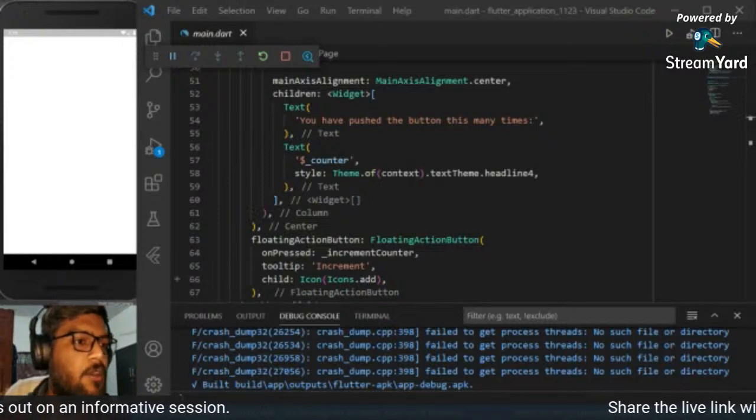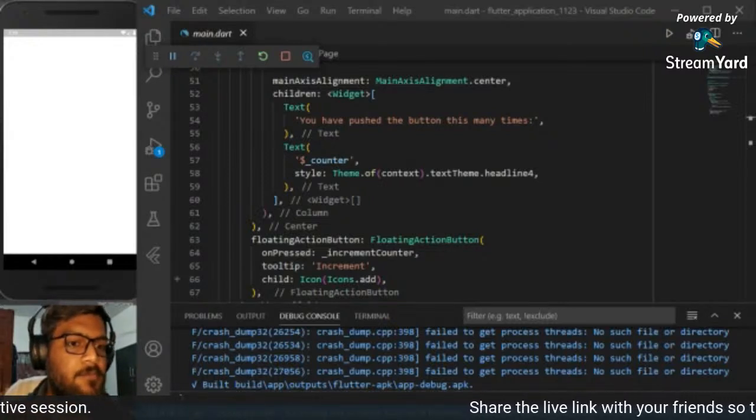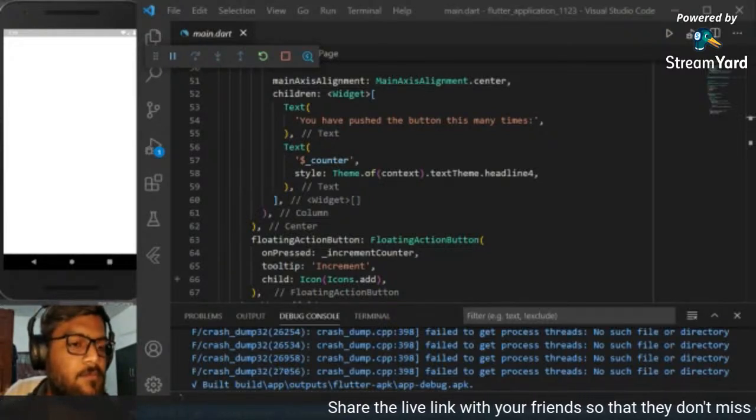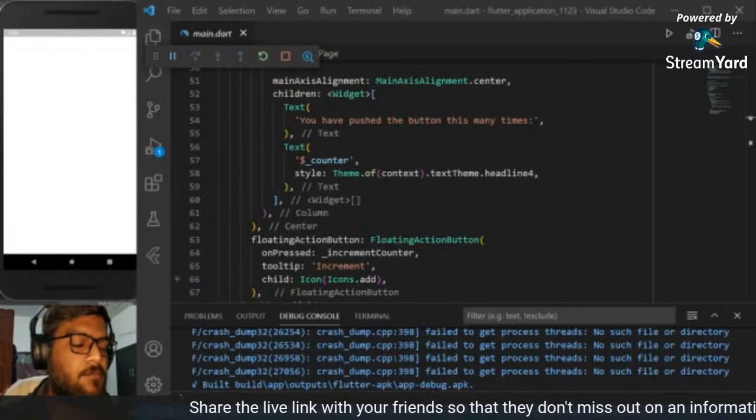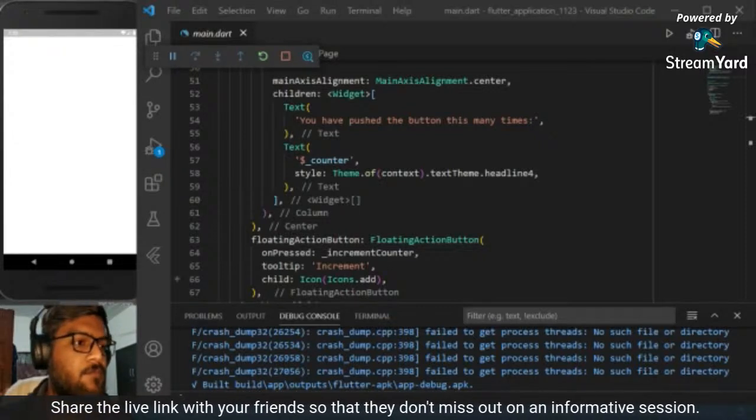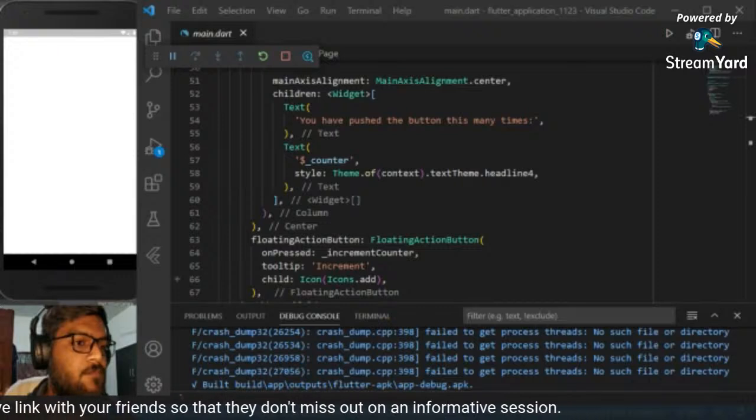Cool, I'll turn off the cam then. अच्छा हाँ